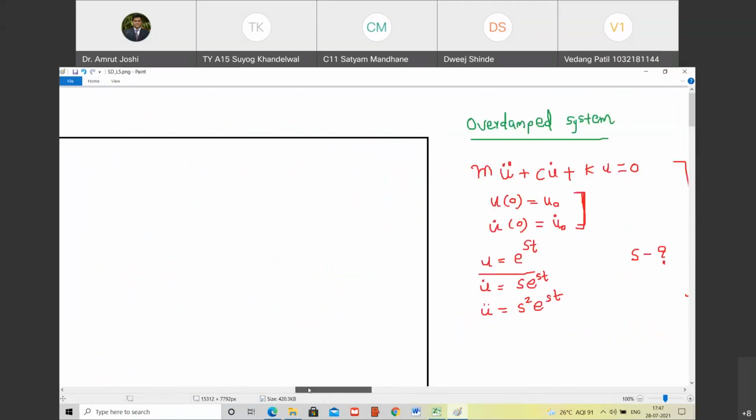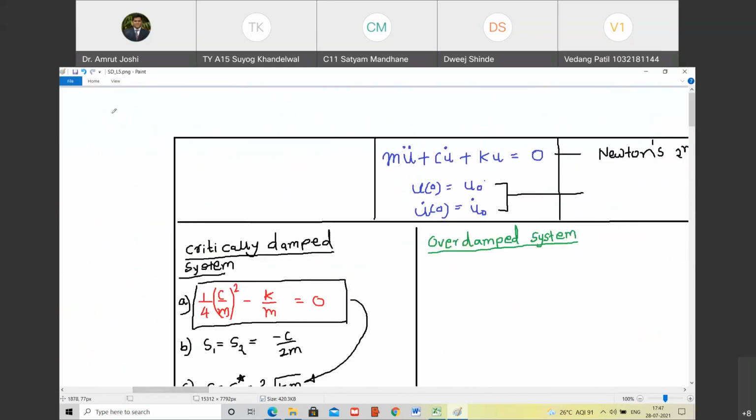Okay. So what are we going to do at the end of today's class? We are going to just summarize whatever we have done till now. So we are simply looking at a problem where we have a mass m like this, which is connected to a spring of stiffness k, and a damping element of damping coefficient c, and it is fixed at the wall, let us say. And you are going to displace this mass by displacement u0 at time t equal to 0. So at time t equal to 0, the mass is occupying this position. Are you with me? Yes, sir. And then you are going to release it.